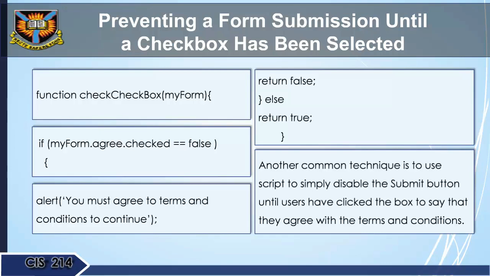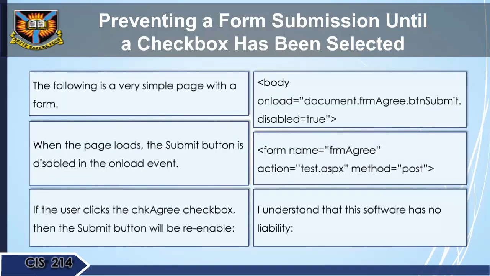Another common technique is to use script to simply disable the submit button until users have clicked the box to say that they agree with the terms and conditions. The following is a very simple page with a form. When the page loads, the submit button is disabled in the onload event. If the user clicks the chkAgree checkbox, then the submit button will be re-enabled. body onload="document.formAgree.buttonSubmit.disabled = true"